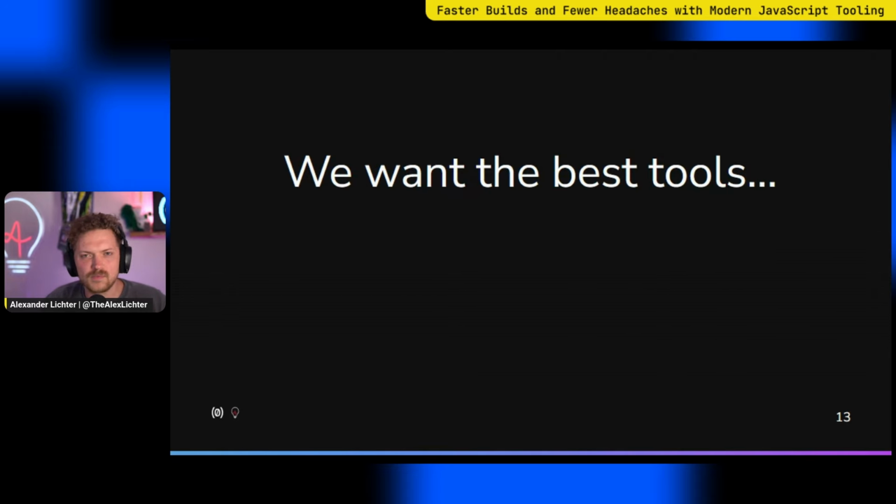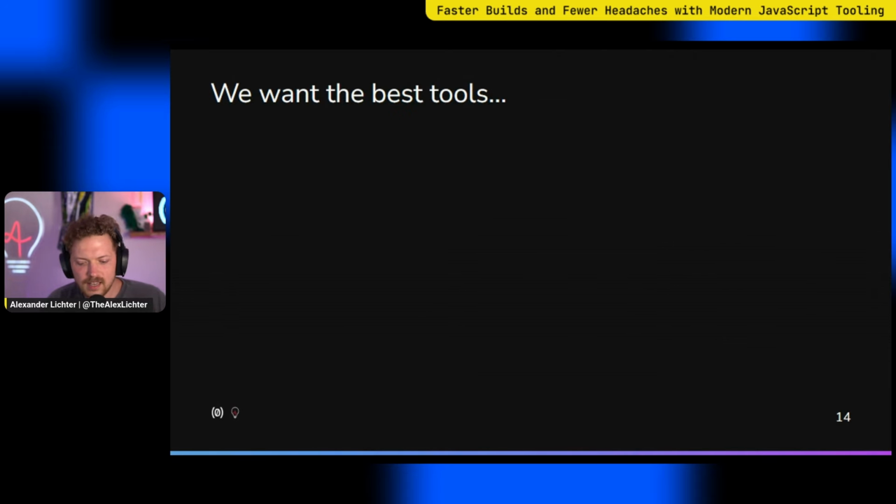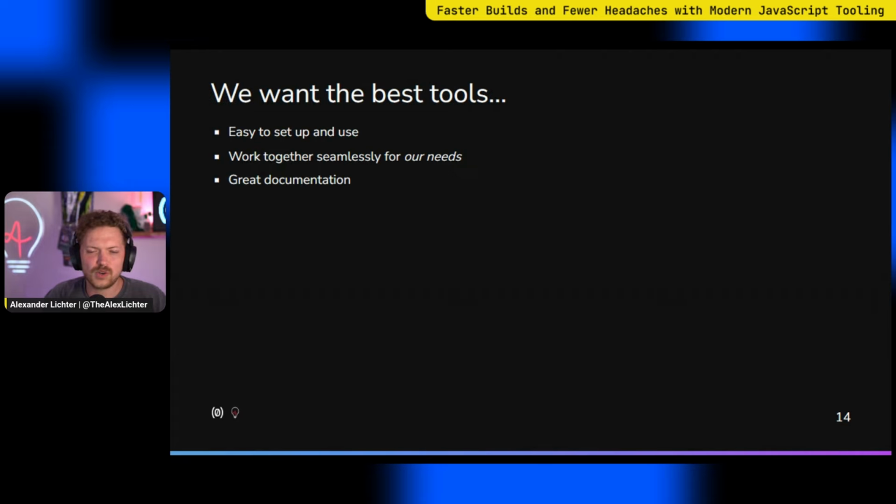But what are the best tools actually? It starts with, okay, they should be easy to set up and to use. Just like, okay, one command, we're good, fine. But also they, in a way, should work together seamlessly. And also they should be suitable for our needs, right? And then if something doesn't work, you want to have great documentation. And it would be great to have some kind of rich ecosystem. Also, they should be fast. We don't want to wait forever and ever, right? You remember the good old "it's compiling" XKCD. Reliable would also be great, right? To not be full of bugs.